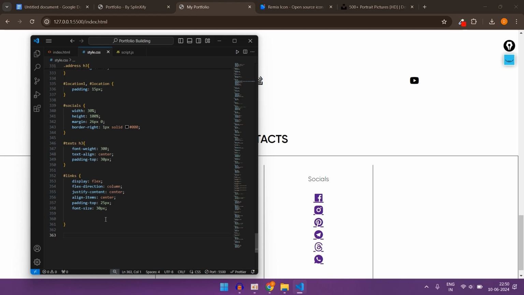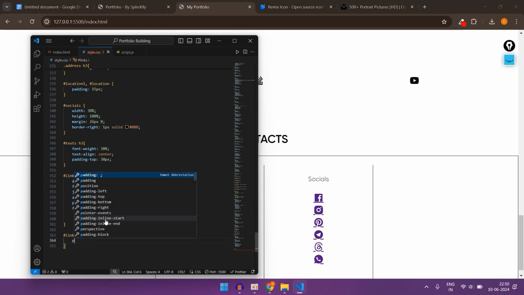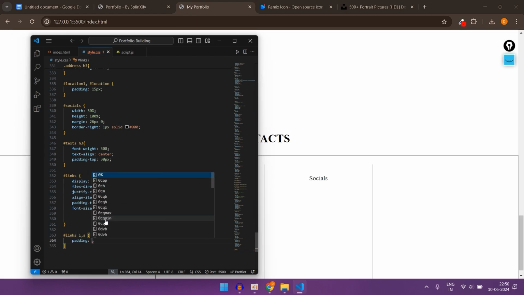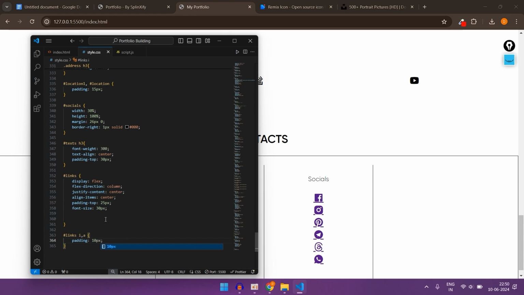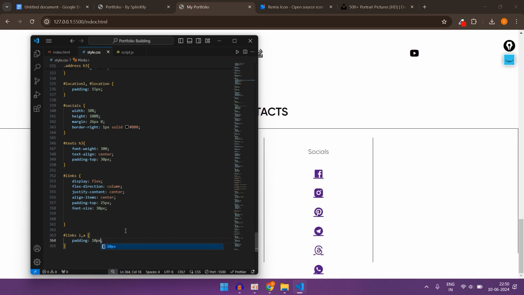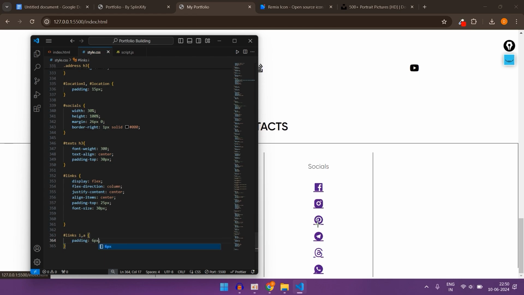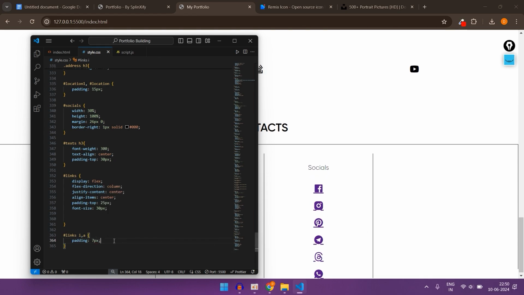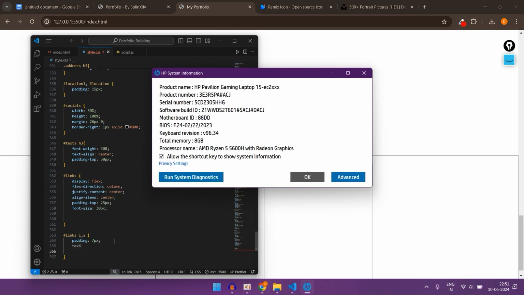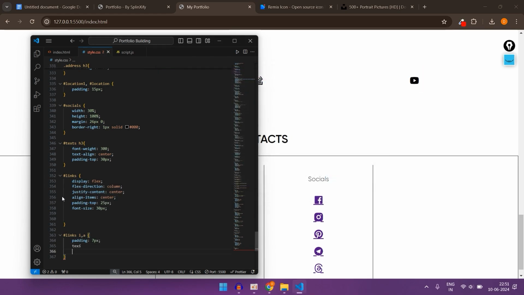I want them to have a padding of like 10 pixels. That's too much space. 6 pixels. Wait, let's go with 7. Okay, better. And then if I do text decoration,